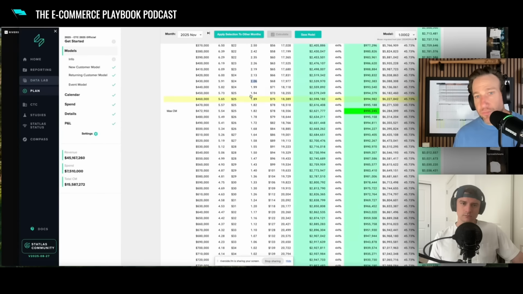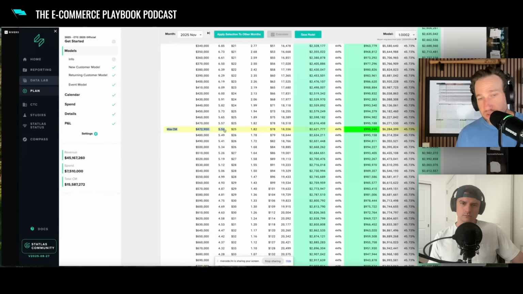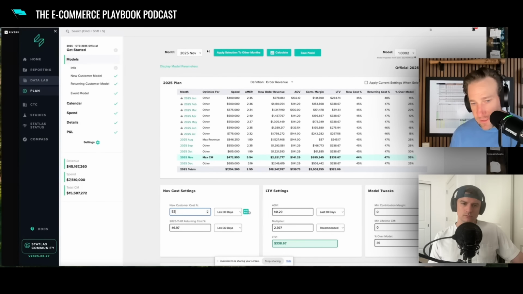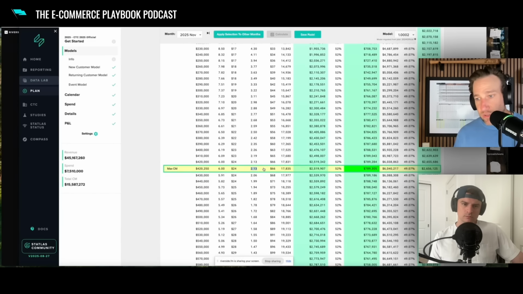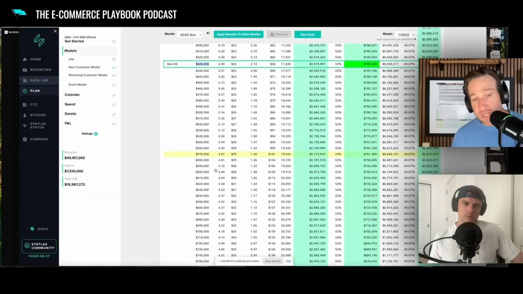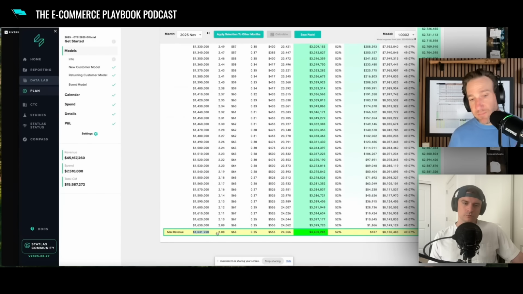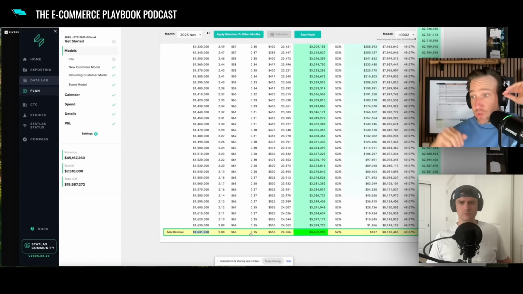So if 2.08 is break even based on 50% COGS, then the max CM point should be that. So we're still looking at the 44% cost. If I go back to 52% here, like we had earlier, that max CM point is going to be the point at which the next incremental dollar is negative. Right. So you can see that's only $400,000 of spend. And if you want to break even, you can spend all the way down to like 1.61 million. But all along that way, from $500,000 to 1.6 million, you're trading $1 for less than $1. And this is really important.